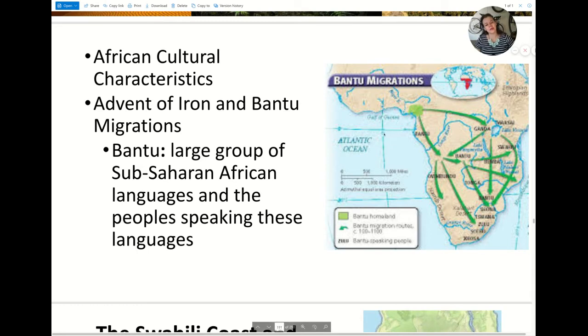So these Bantu peoples begin to migrate south. We know this because of the spread of technology. So we have archaeological evidence of these tools that the Bantu peoples brought with them to these new regions. And thus, between 500 BCE to about 1000 CE, you have this massive transfer of Bantu traditions and practices, both south, east, and west.